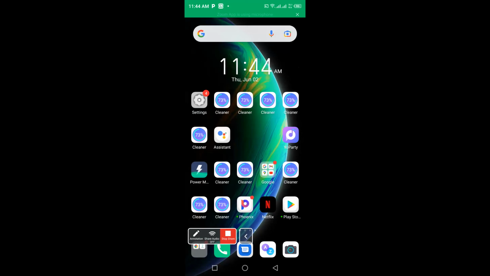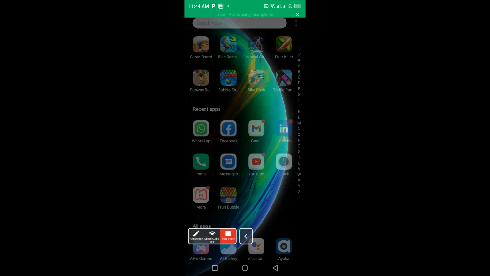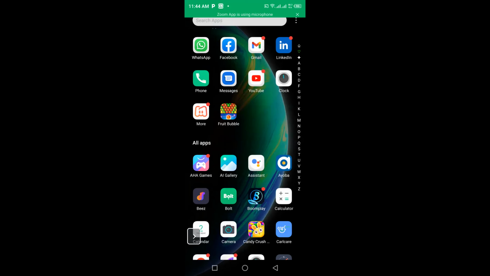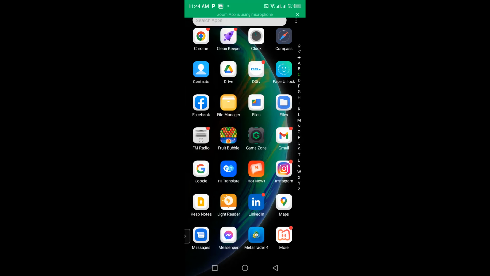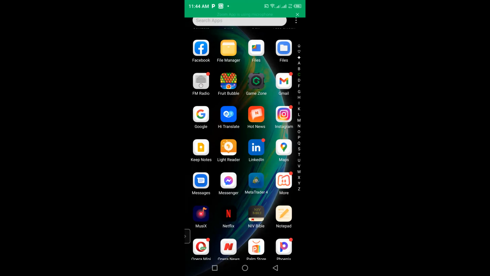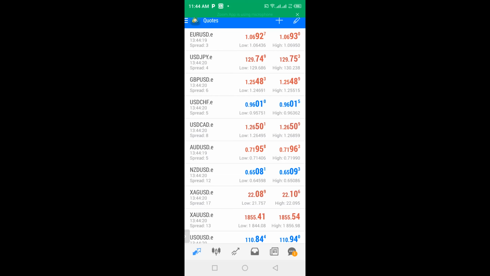Okay, so once you're on your mobile device, you go and download the MT4. It would look something like this. If you open it up for the first time, you probably have the MetaQuotes demo account set up. Now, if you want to connect your account, whether your demo account or your live account from Anzo Capital to it,